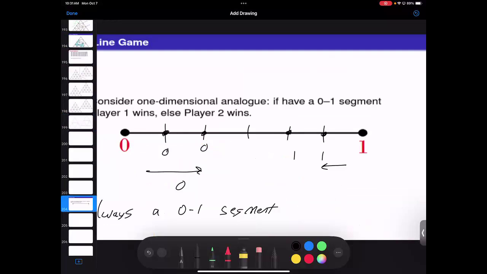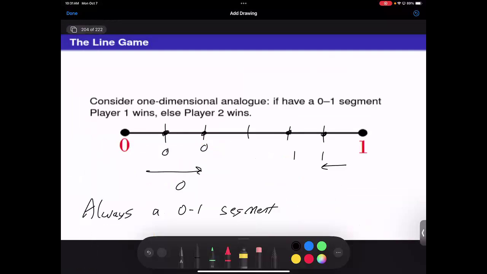If I know that the number of times that something occurs is odd, does it have to occur at least once? Yes. And that's how I know there will always be at least one 0,1,2 triangle, because I can prove the number of 0,1,2 triangles is odd. Therefore, the number has to be positive. So when we look at this,